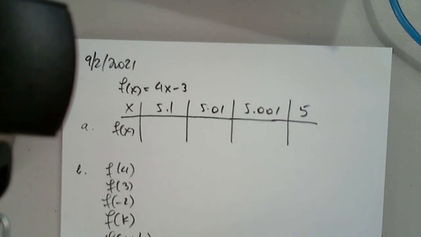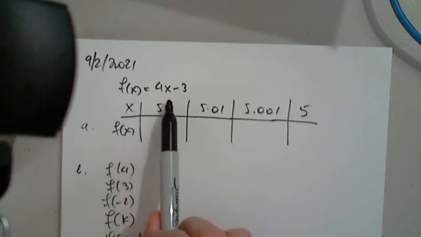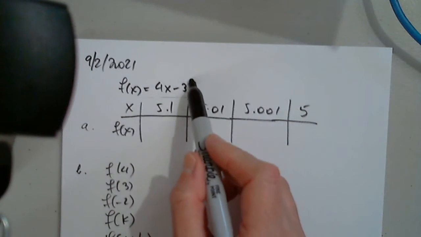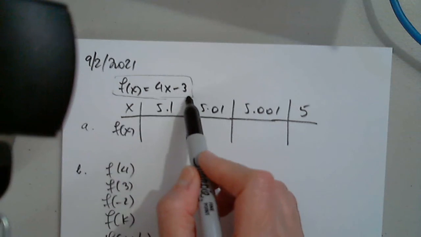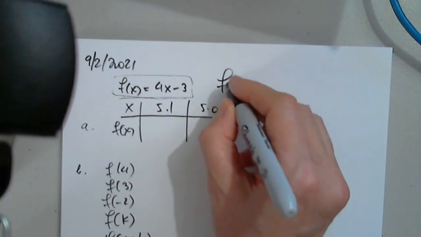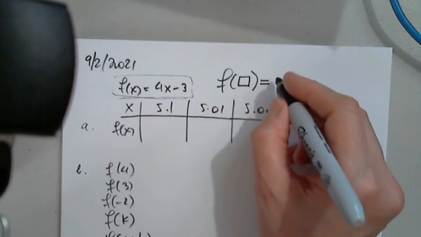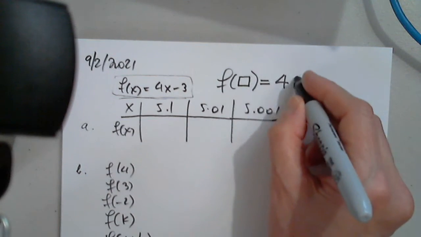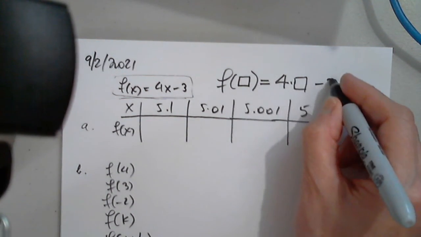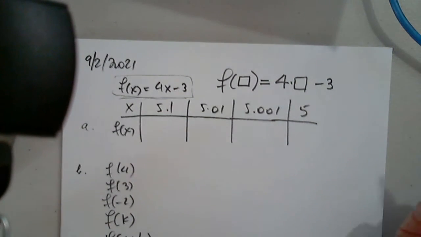Stop sharing. Good. So any function we look at, we have to understand the pattern. What does this function say? This function says that it's applied to whatever, and it requires us to multiply 4 by that whatever, and then subtract 3. So understanding the pattern, at this point, I can evaluate the function for anything that the function is